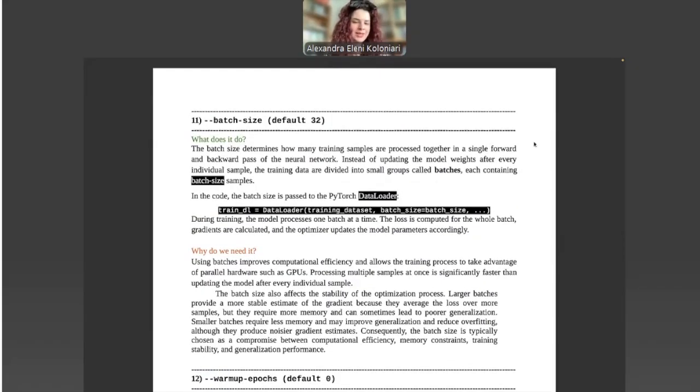Now, the batch size. I won't go into the details here because Professor Stergioulas actually said everything that I wanted to say. Again, the batch size determines how many training samples are processed together in a single forward and backward pass.